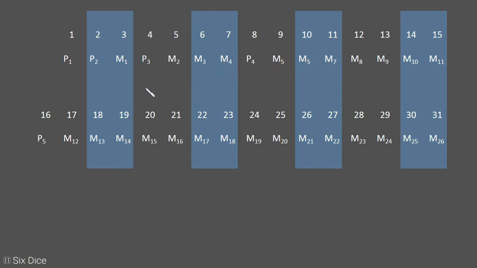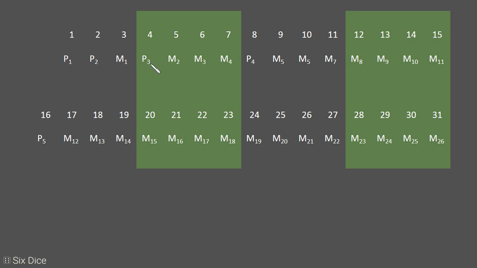Now, setting the parity bits can be done as even parity. We can set the parity bit as even parity, which means the number of ones, including the parity bit and message bits, should be even. We can also set odd parity, so the number of ones including the parity bit and message bits should be odd. Now for parity bit 3, we select 4 bits at a time and leave 4 bits,